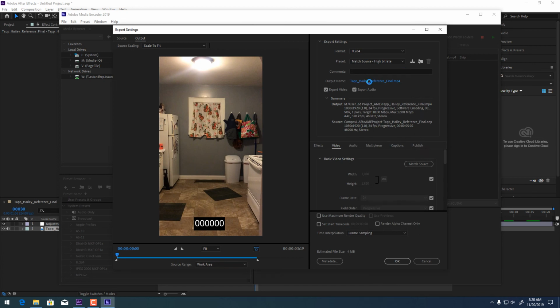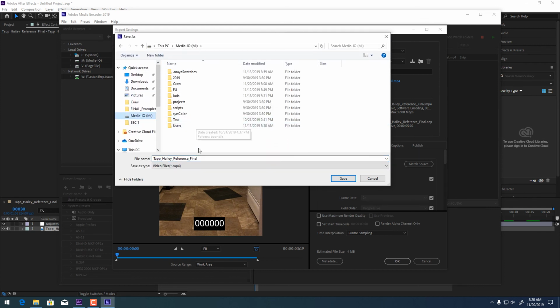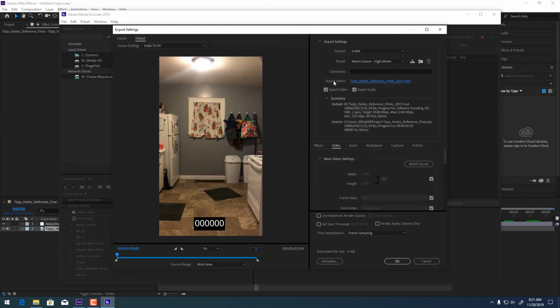Output name, this is just, if we click on this, it's going to ask you where to save it and what to name it. And so I'm going to save it to the M drive. So we'll go ahead and name it and hit save. It's up to you if you need audio or not. I suspect that we probably don't need audio with your reference, so where it says export audio, I'm going to deselect that